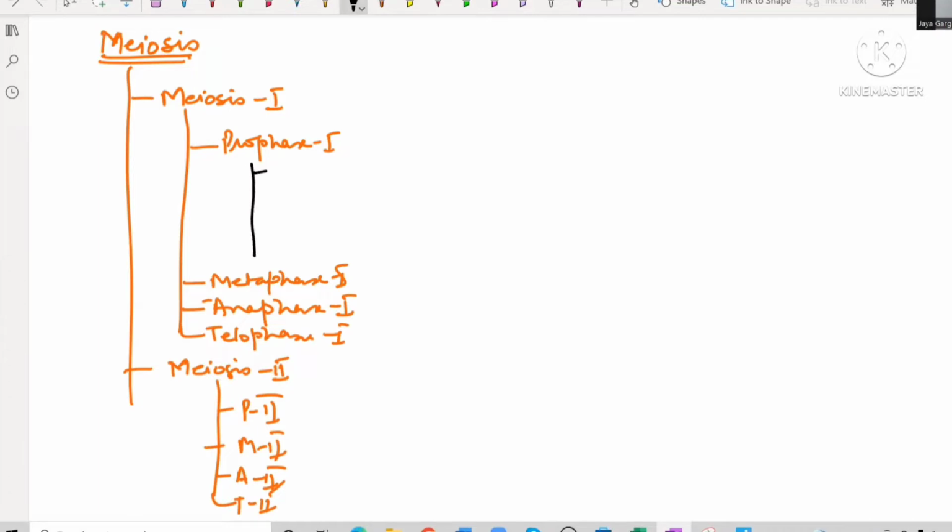Prophase 1 is divided again into 5: leptotene, zygotene, pachytene, diplotene, and diakinesis. Now I'll teach you my way first, then you understand the concept carefully, then I'll show you NCERT. Now see beta,